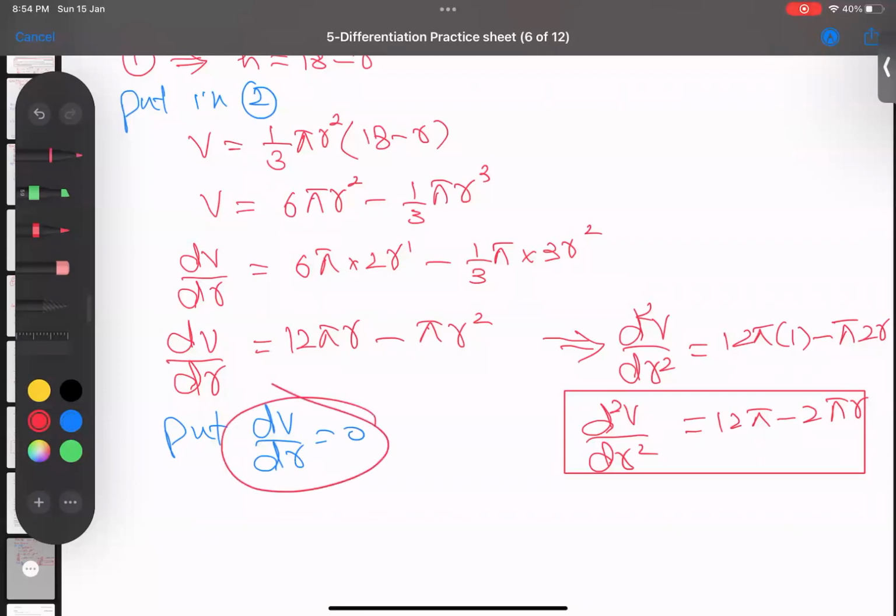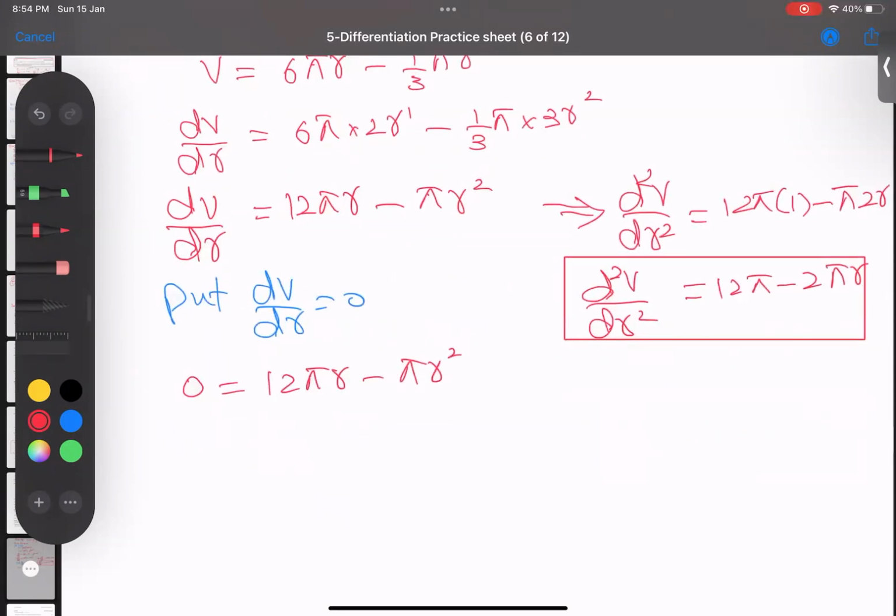And as I plug in 0, you can ask me, so why 0? Because he said to find stationary coordinates. So when I put 0, I get 12 pi r minus pi r squared. Now you know it very well what is common from both: pi and r are common. So when I take pi r common, I get 12 from here, and here I get r only